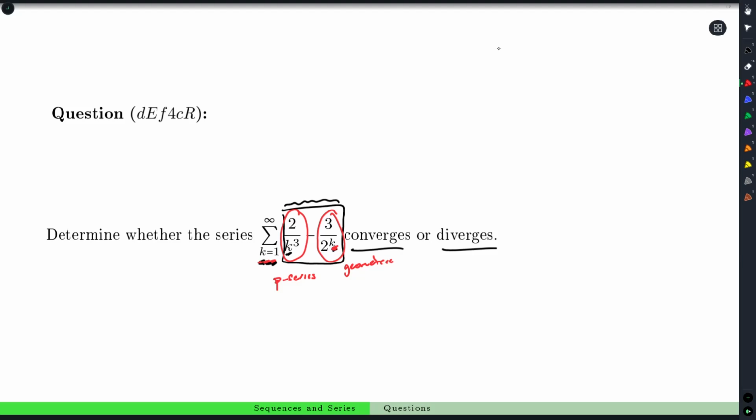But one of the things we know is if we were able to split them up, and just look at this sum, and then just look at this sum, if they both converge, then that would mean the whole thing, the difference of them, converges, right? That's theory that we have, that we know. So if we look at them individually,